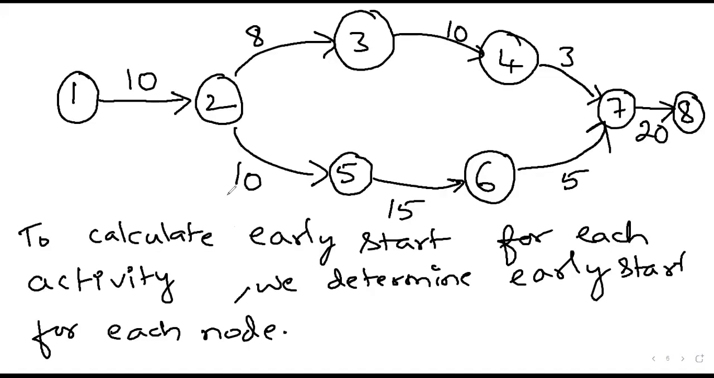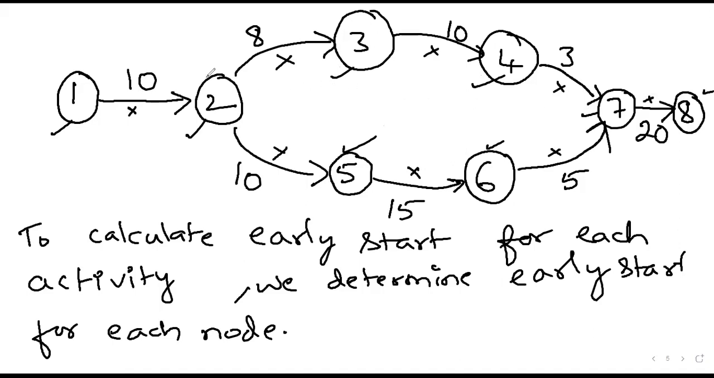Yes, so I think you can just make note of it. So totally there are 8 nodes: 1, 2, 3, 4, 5, 6, 7, 8. 8 nodes are there. That is, the circles represent the nodes, correct? So for each of the nodes, we have to determine the early start, and activities are represented by these arrows. Is that right? So if we have to determine the early start for each of the activities, then we have